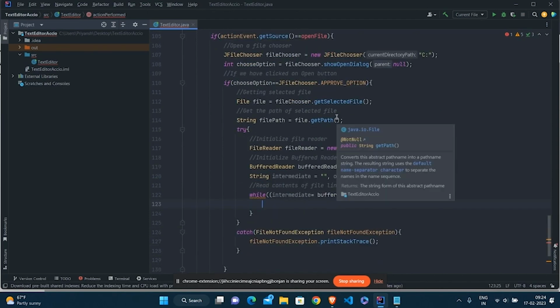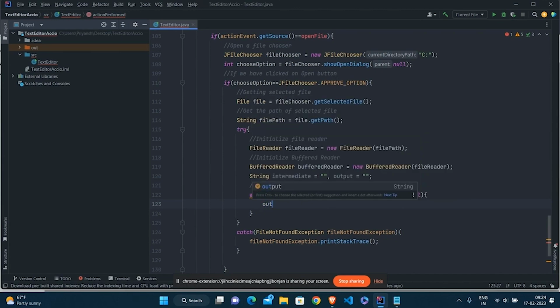Now output plus equals to intermediate; we are concatenating the current line to the complete text. So we are just reading a line and pasting it to the output. Then we read another line and paste it to the output. Every line is separated by a backslash n.